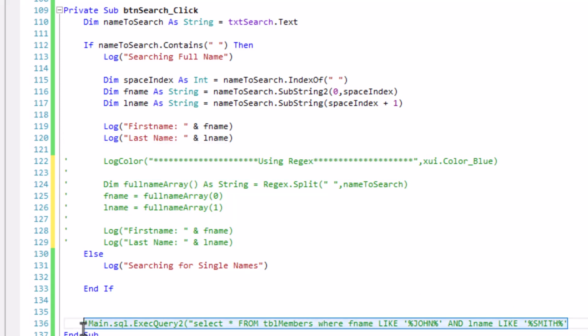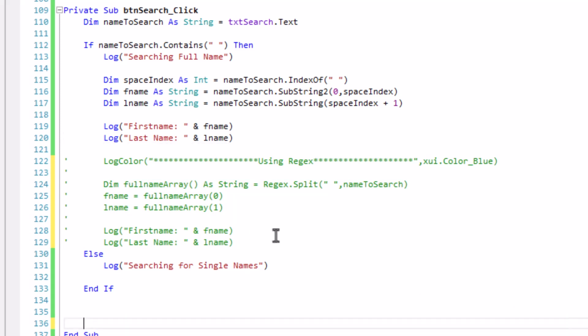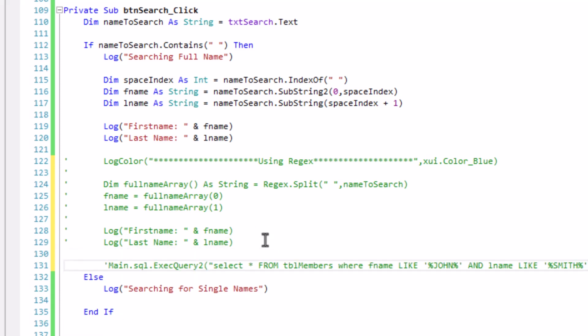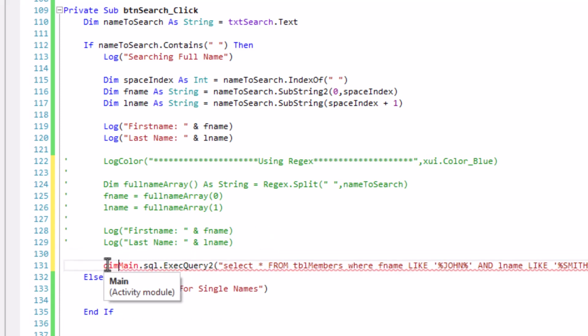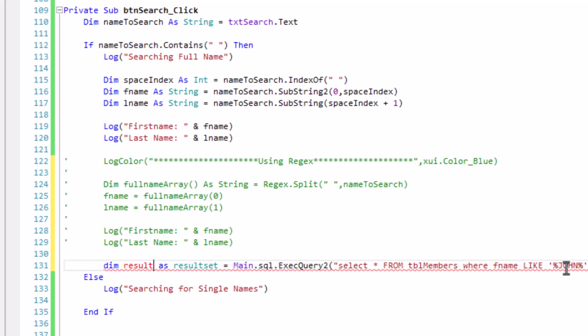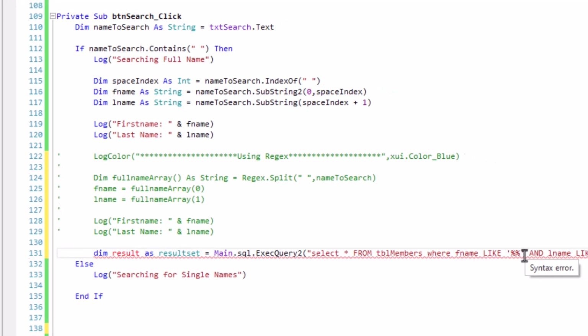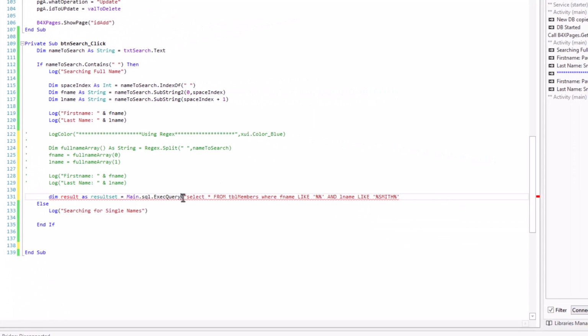I'll bring the query up. Then result set as result set, make it result, select all from, where the last name.